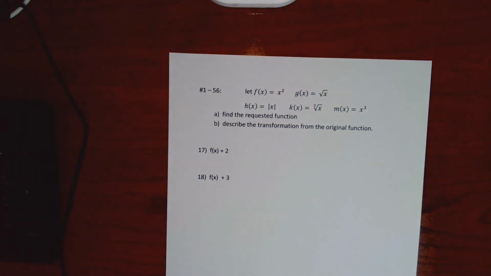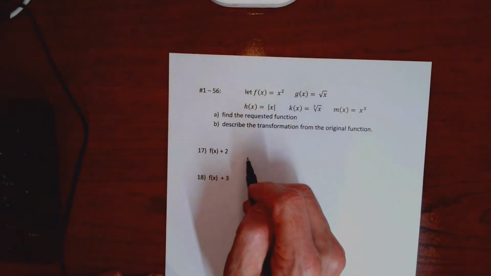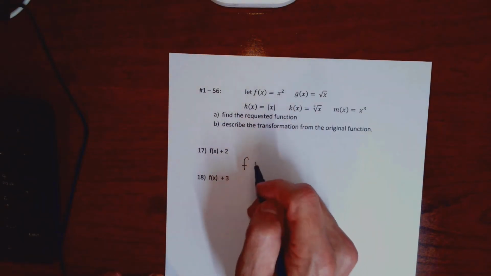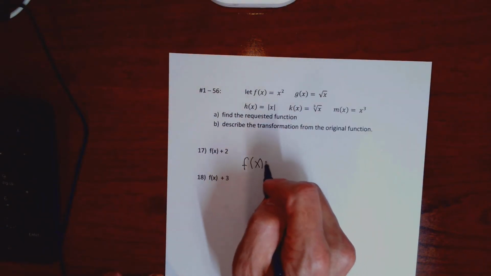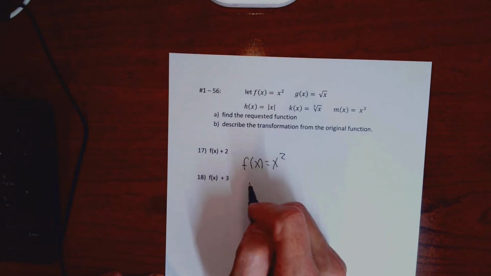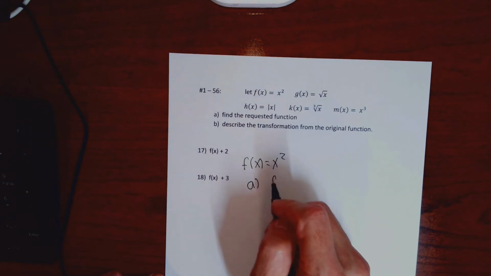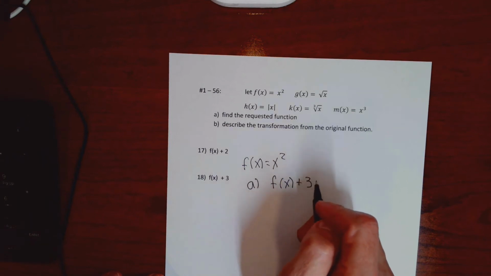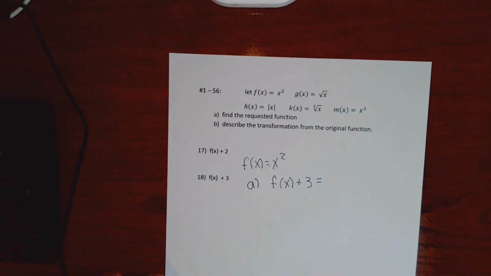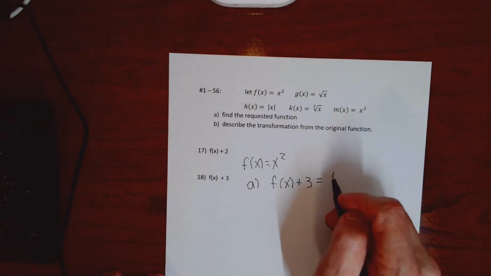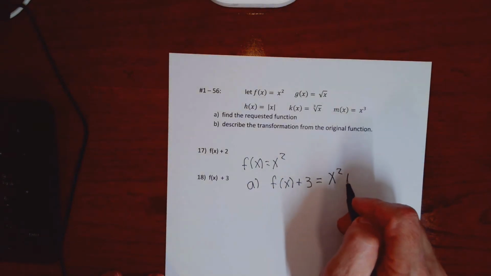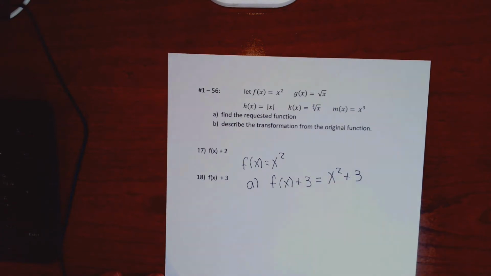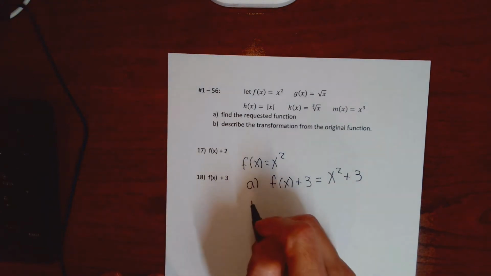17 is calling out the x squared, because it gives me f of x. So 17 is calling out f of x equals x squared. A wants me to find f of x plus 3. Because the plus 3 isn't in a parentheses, that plus 3 has to go after the original function that's given. So this is going to be x squared plus 3 without a parentheses. Part B,